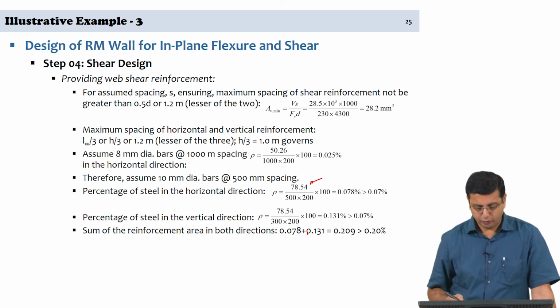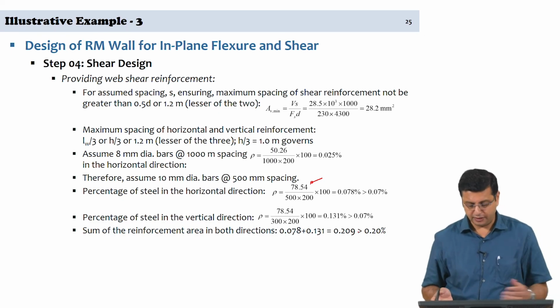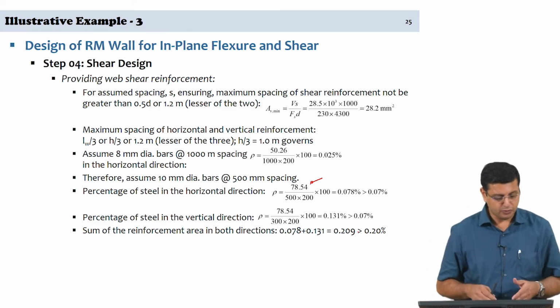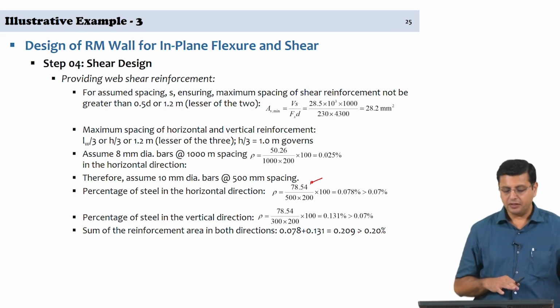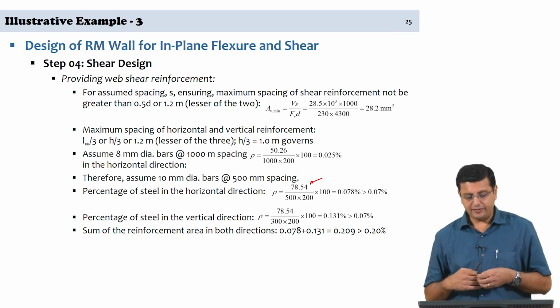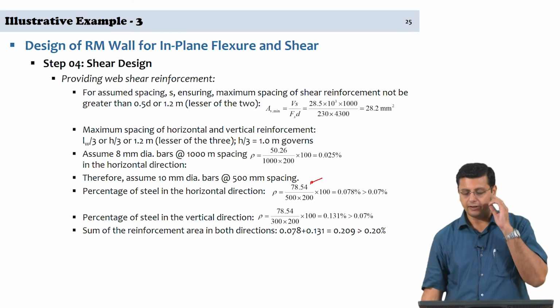The sum of the reinforcement in both the directions would be 0.078 plus 0.131, and therefore, 0.209, which is greater than 0.2%, which was one of the requirements. So, therefore, we actually have looked at the shear